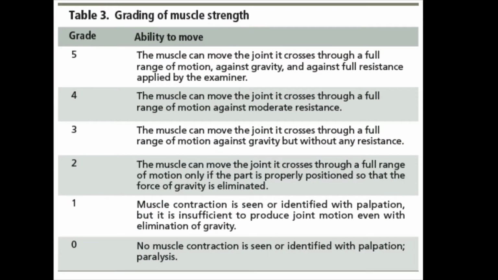This is the grading scale for muscle strength. Here it is denoted by 0 to 5. For 0, there is no muscular contraction detected. For 1, a barely detectable flicker or trace of contraction. For 2, active movement of the body part with gravity eliminated. Then 3, active movement against gravity. Then 4, active movement against gravity and with some resistance. And at the end, 5, that is active movement against full resistance without evident fatigue. This is the normal muscle strength.